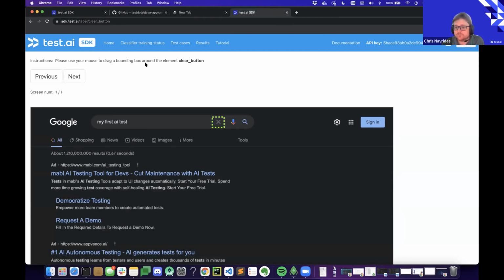You also can just call the XY coordinates, or you have all of the same element properties as an existing Selenium and Appium element. We're not doing anything special in that regard. So you will be able to just grab those, and you can make a verification after that. So say, find this element, verify it's in the top right or to the right of the text, my first AI test, things like that.